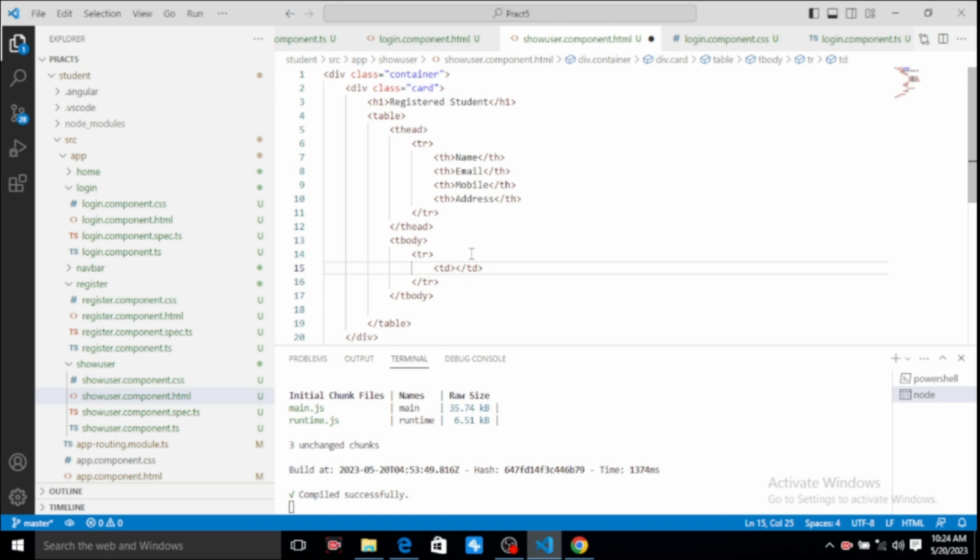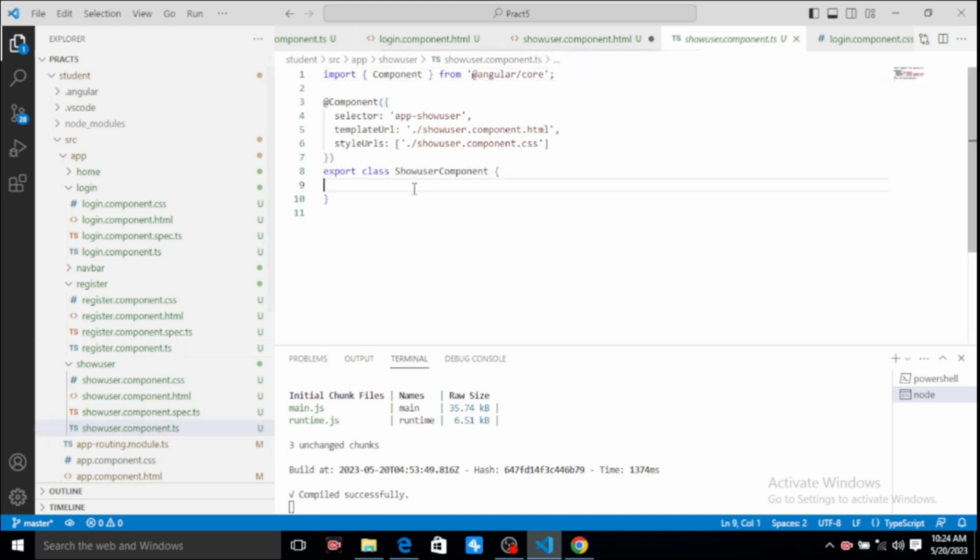local storage. Now firstly we have to retrieve each and every data which is available in the local storage to our page by using this show component.ts file. So again same thing, we require one user records colon any array. This is represented as array. We have created the user records array,